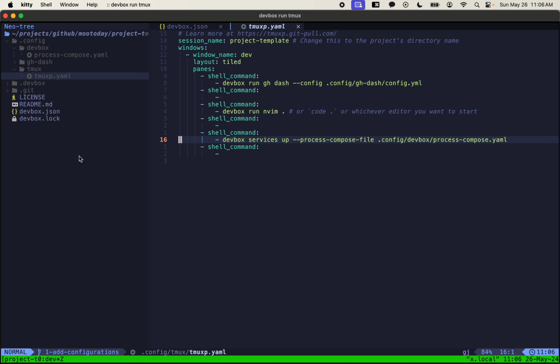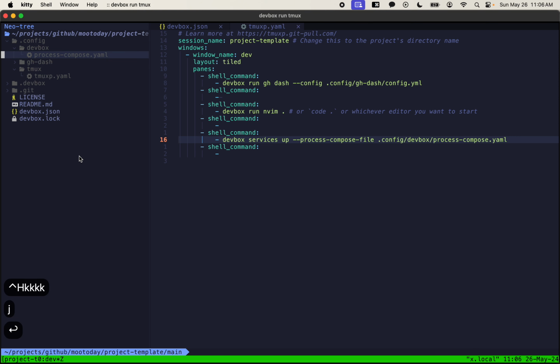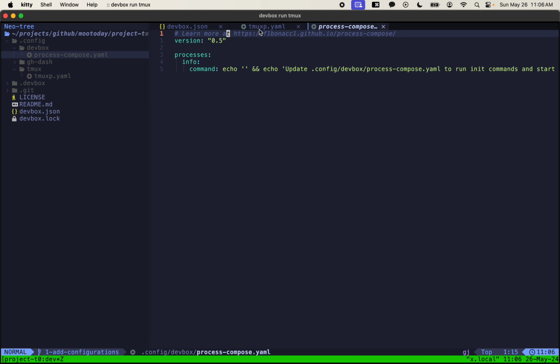And if we look at that, it's under config Devbox process compose. Here I link to the documentation at the top, but this is where we specify our processes. That's what I mentioned earlier with the dependency installation for this specific project, seeding the database, all that stuff. And again, do make sure you read the docs. There's a lot of important information, such as health checks and readiness probes you can set up, and you can make this very robust and very useful. Okay, so this is really just an overview of the template I use to apply to the projects that I'm involved in,